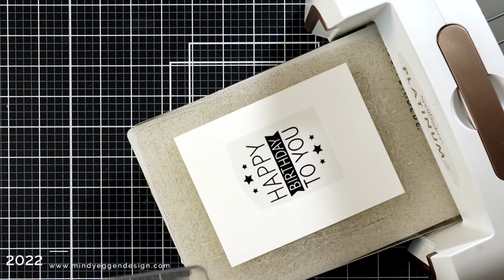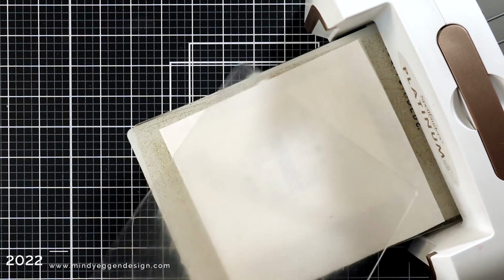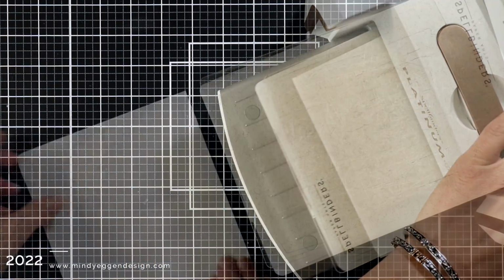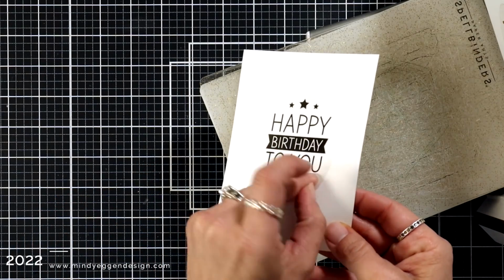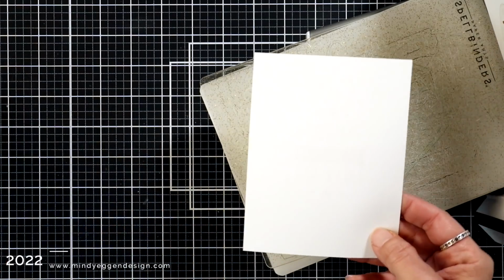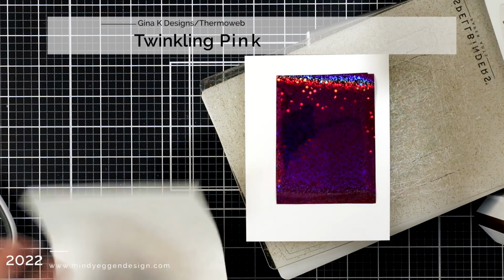Now this time I'll show you how to do it with your die cut machine in case you don't have a laminator. So I have my cardstock and I have my sandwich in my die cutting machine just like I would if I were die cutting. I put my carrier sheet on top because my plates are really dirty and I didn't want to get the front of my cardstock all full of little bits. So now I ran that through, and I'm going to place some Twinkling Pink